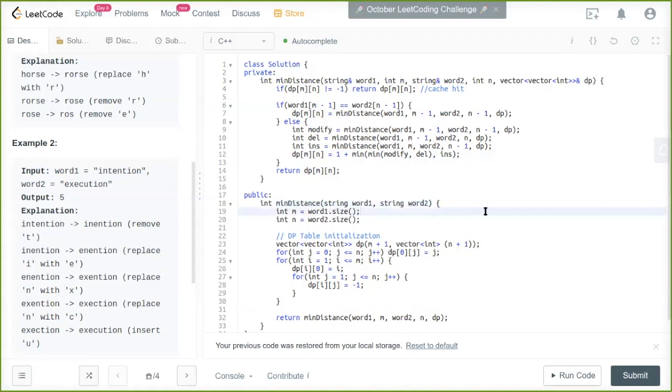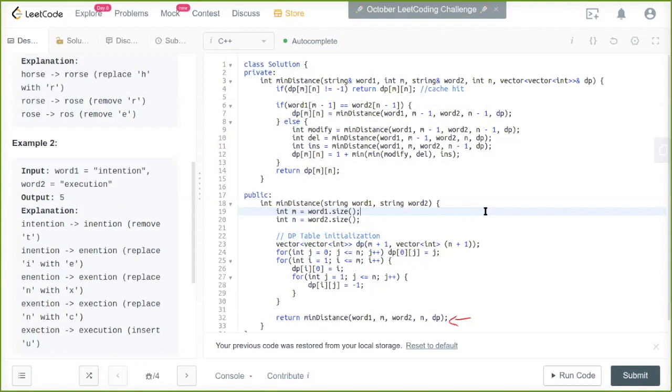We found m and n, and then in this whole thing I'm preparing the DP table, right? Initializing the DP table, where this is the allocation of the table, and these two lines are base cases, like f of m comma 0. But otherwise, for the rest of them, it is going to be initialized to -1, as we have seen. And then I'm going to call this function just like in earlier examples.